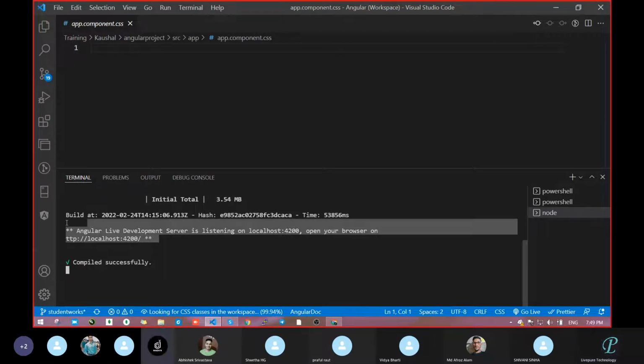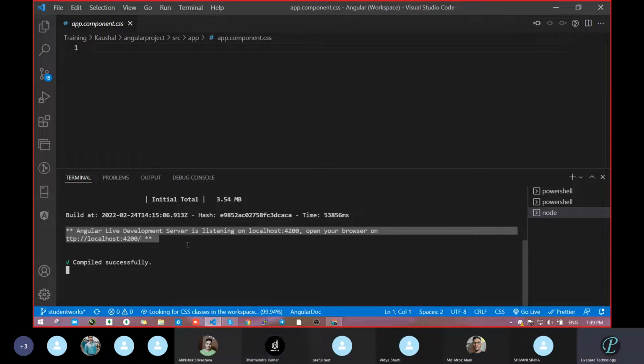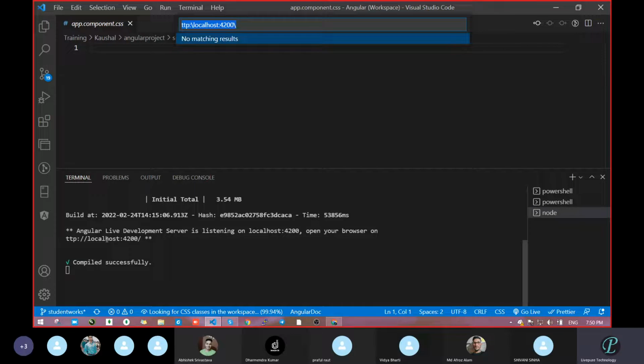Read the complete message: Angular live development server is listening on localhost:4200. Open your browser on http something. What you have to do is press the control button and keep the mouse over this URL. See, the mouse cursor changed to a pointer. Okay, and click. Just click and wait.